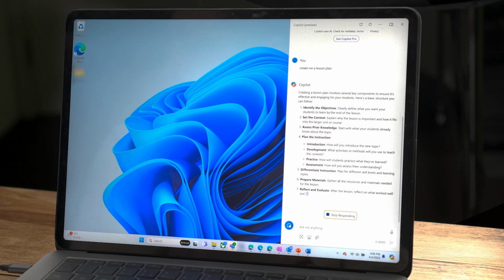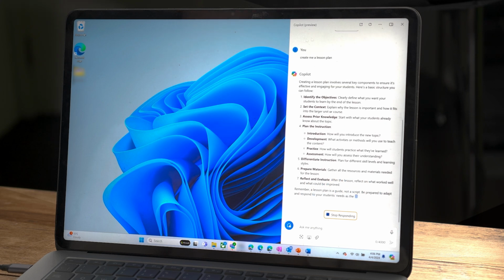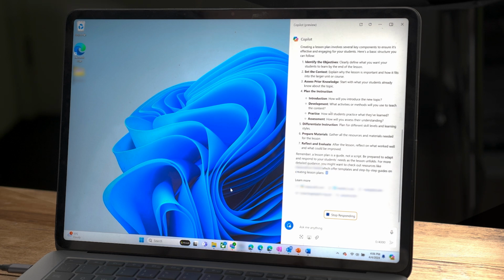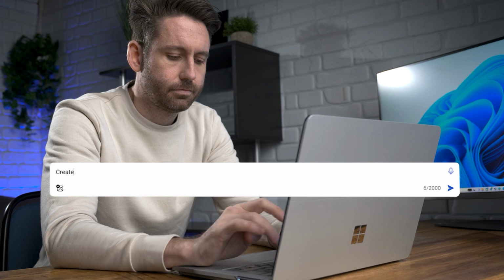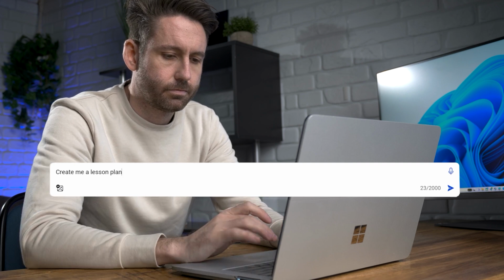So let's take a closer look at what I could have done differently in the input to get something closer to the desired output. Remember, AI is only as powerful as the prompt powering it. In the next couple of minutes, we'll explore some tips and best practices for you to get the most out of AI by mastering the art of the prompt. So let's start by looking at where I went wrong with my first prompt.